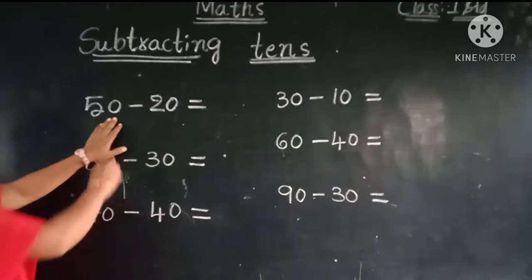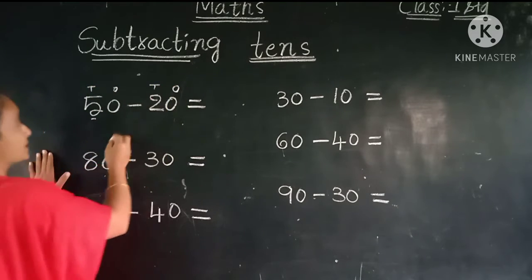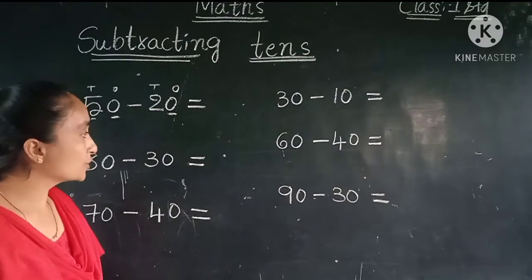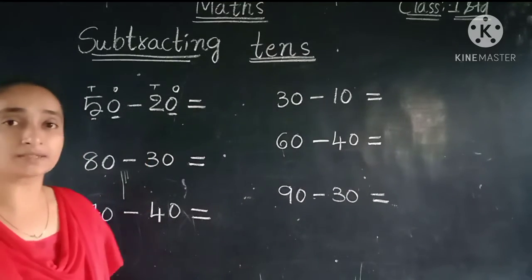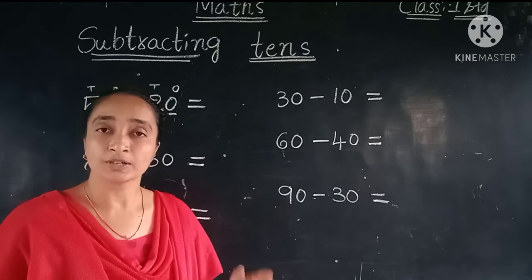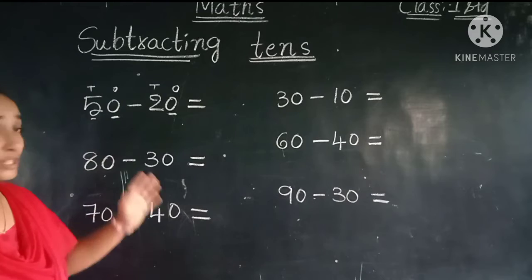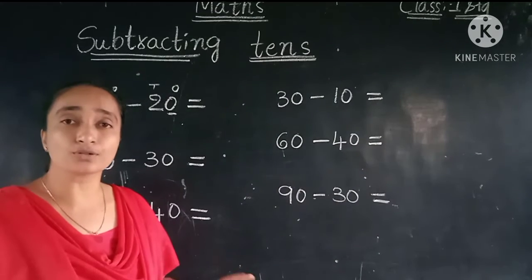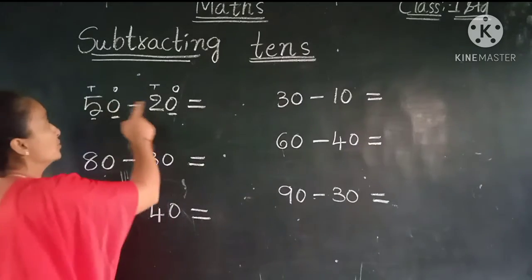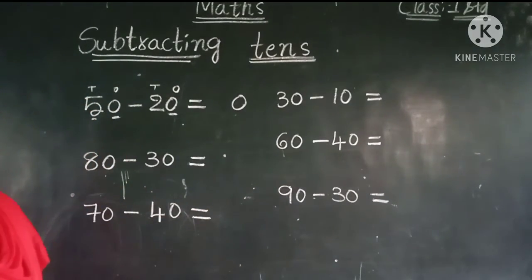This is the tens place and this is the ones place. Tens and ones. So in the ones place, what do we have, children? 0. When you observe all these sums, for each and every one we have 0 in the ones place, and the number will be in the tens place. So here we don't need to calculate the 0. 0 minus 0, how much will be there? Yes, 0. So the ones place will already be 0, and we don't need to calculate that.